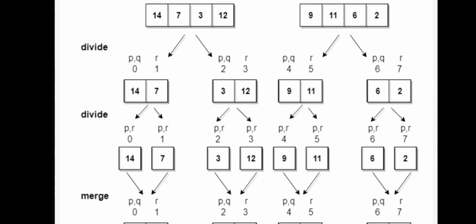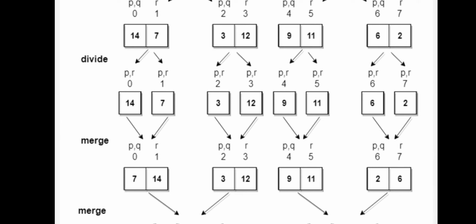So now you feel that it is also not in a position to solve. Again it can be divided into two sub problems like 14, 7, 3, 12, 9, 11, 6, 12, 6, 2. So here the problem is in a position to solve, since the array consists of only a single element. Okay, so now you have to start the merging procedure. While you merge, you can sort the elements.